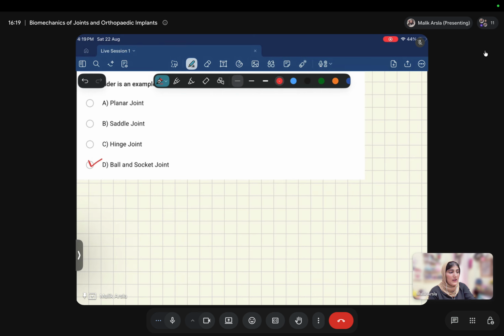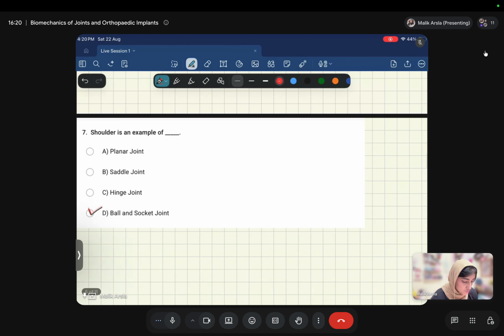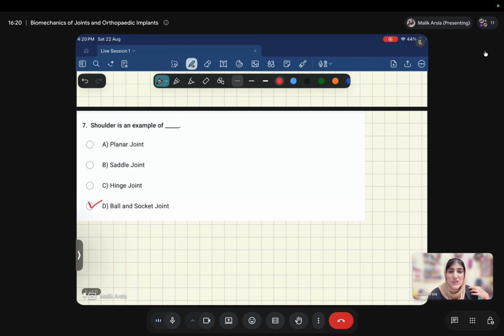Then another degree of freedom which the elbow has is like this, we can move our hand like this. And there is another degree of freedom which is known as pronation and supination. Similarly, in case of a ball and socket joint we have 3 degrees of motion. You can check it and try it yourself as well, that there are 3 degrees of freedom in case of a ball and socket joint. Okay,